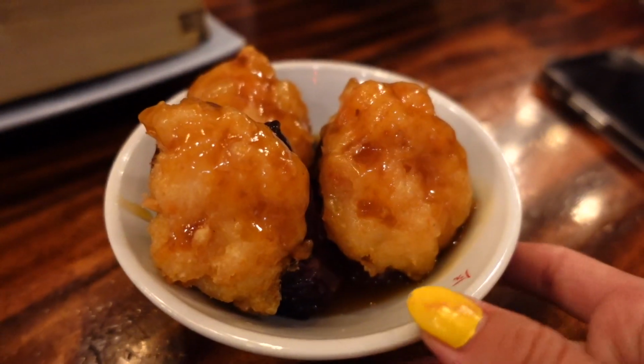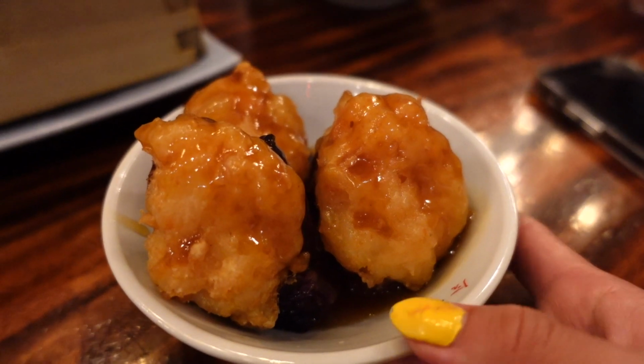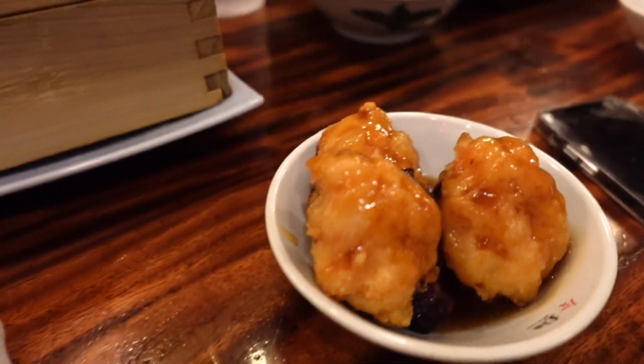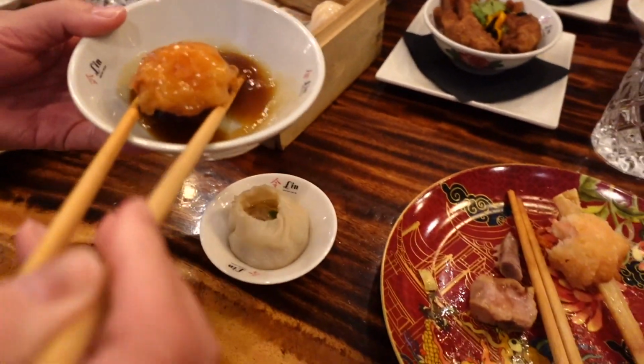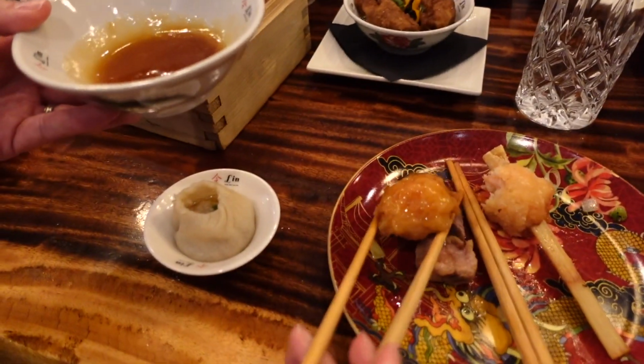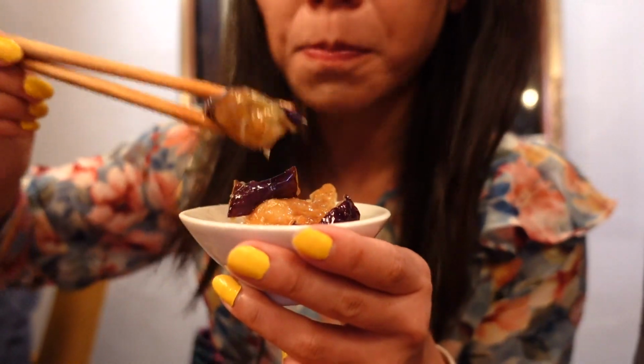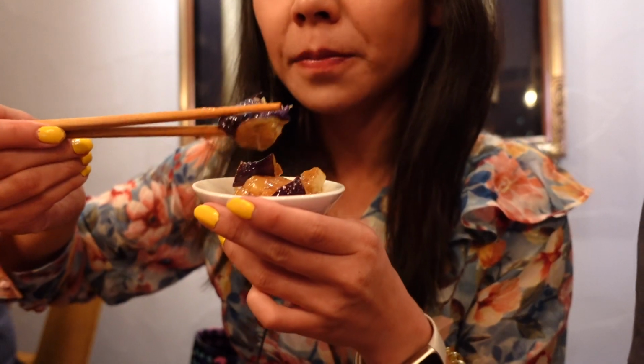What is this? Eggplant shrimp. I told you I ordered a ton of shrimp. The eggplant shrimp is another one of my favorites because I love eggplant and they really go well with the shrimp flavor. Usually when I eat eggplant shrimp in other places, they give you a lot of eggplant